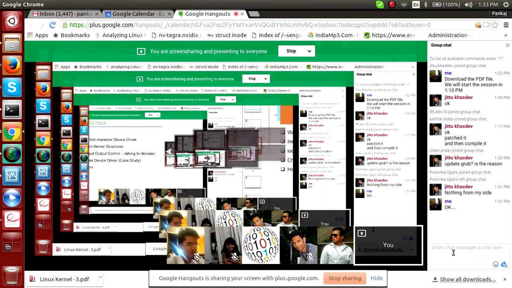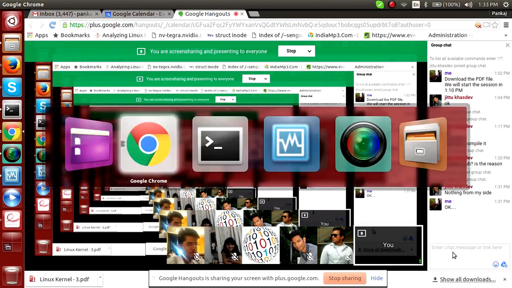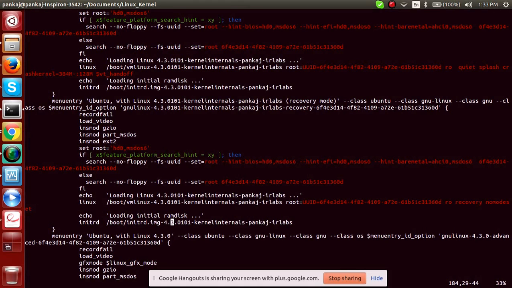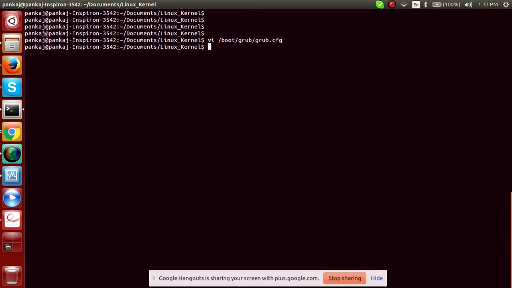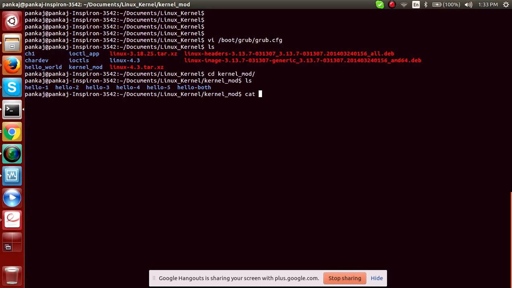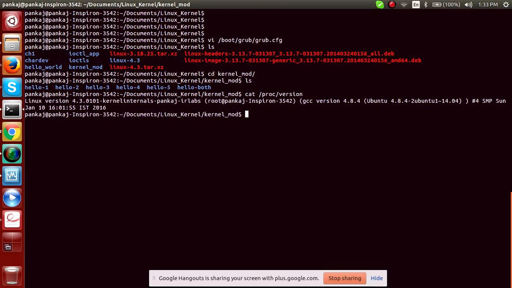So I'm starting from kernel modules. Let's see. This is the kernel version which I have compiled and am running.